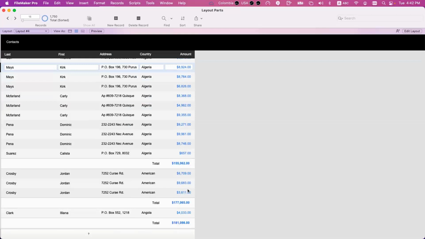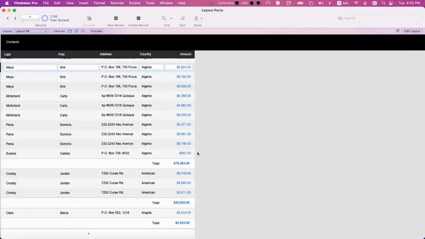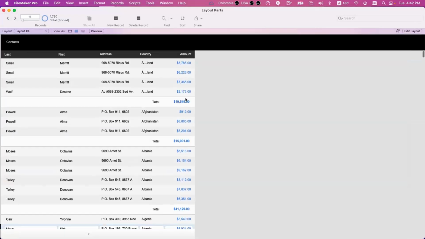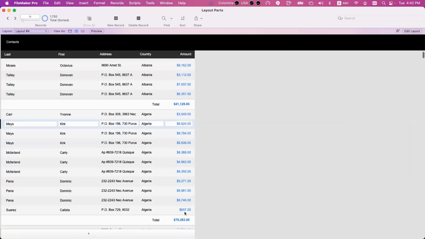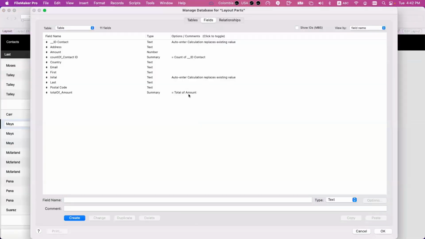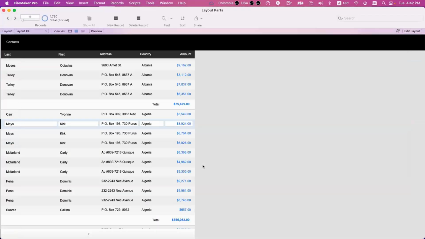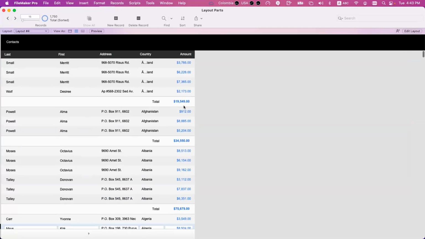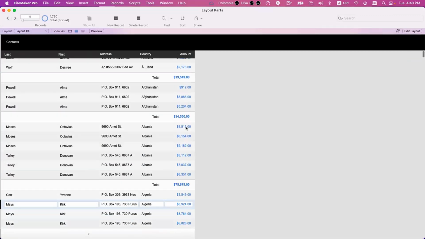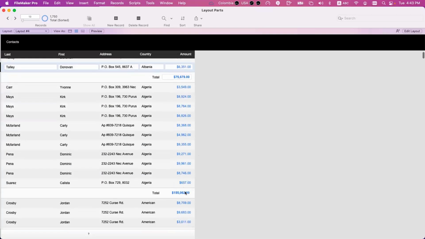If I remove the running, it is doing the total of this, the total of this, the total of this, the total of this. But if you say running, right, it changes. It is the total of this plus the total of this plus the total of this plus the total of this. See the difference between the running and the non-running,